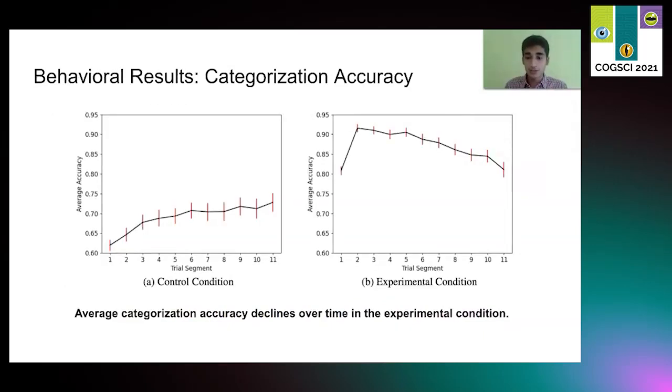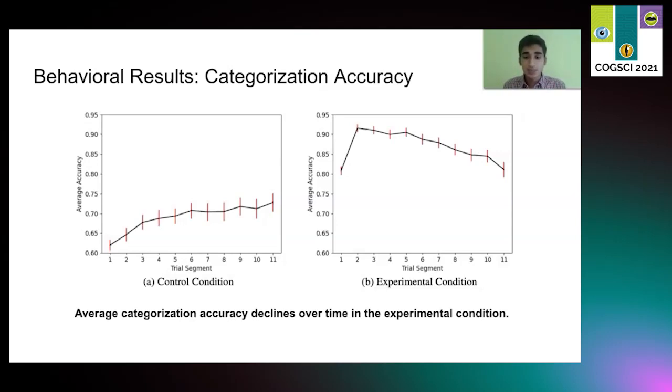Here are the behavioral results from our experiment. Trials were split and grouped into 11 trial segments, each containing 1/11 of the trials for each stimulus based on when the trial occurred in the experiment. For the control condition, trial segments correspond to chronological groupings of trials in absolute time, exactly as in Smith and Minda's 1998 paper. For the experimental condition, the first trial segment corresponds to the earliest point along all stimuli power law functions, corresponding to highest retention, and the last trial segment corresponds to the latest point, which corresponds to the lowest